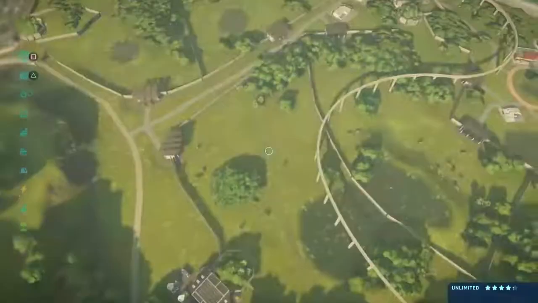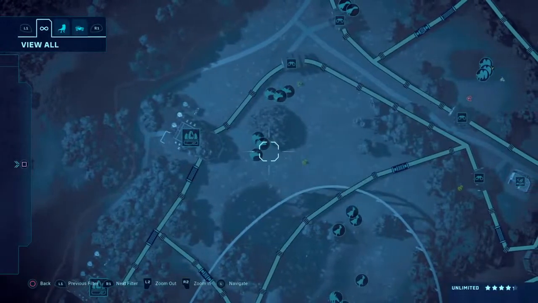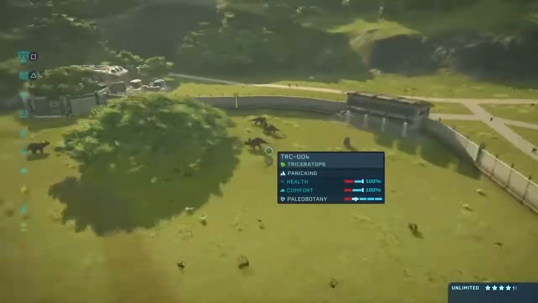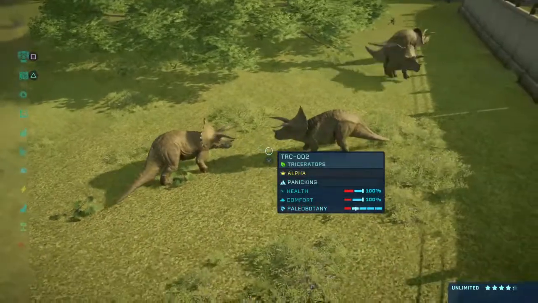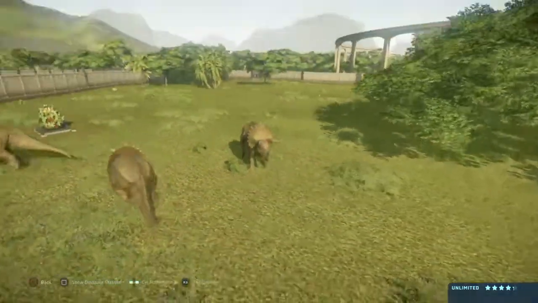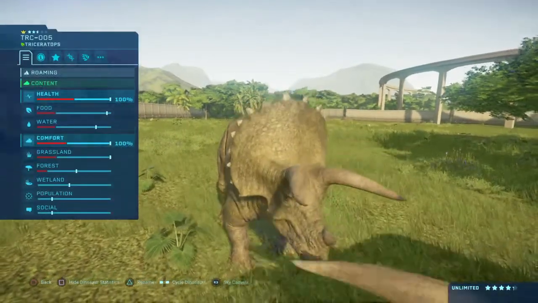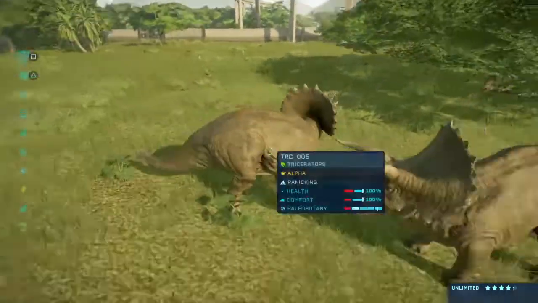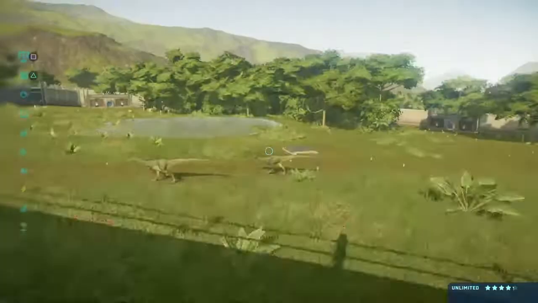So where else? Okay, we got Triceratops here. I think it's all Triceratops. Is it? Yeah, it's all the Triceratops here. We got two fighting for dominance. And the Alpha just chickened out. Congratulations, you are now the new Alpha. Yeah, this is nothing but Triceratops. Then over here we've got